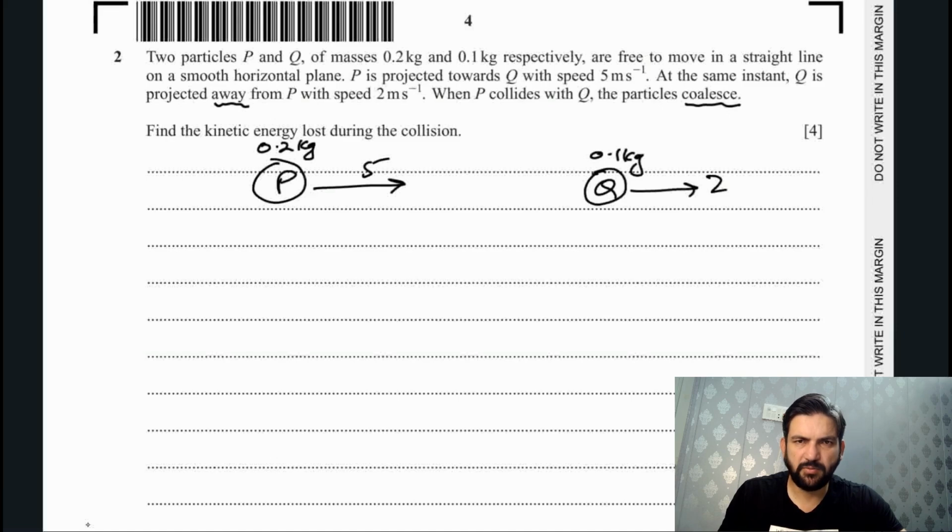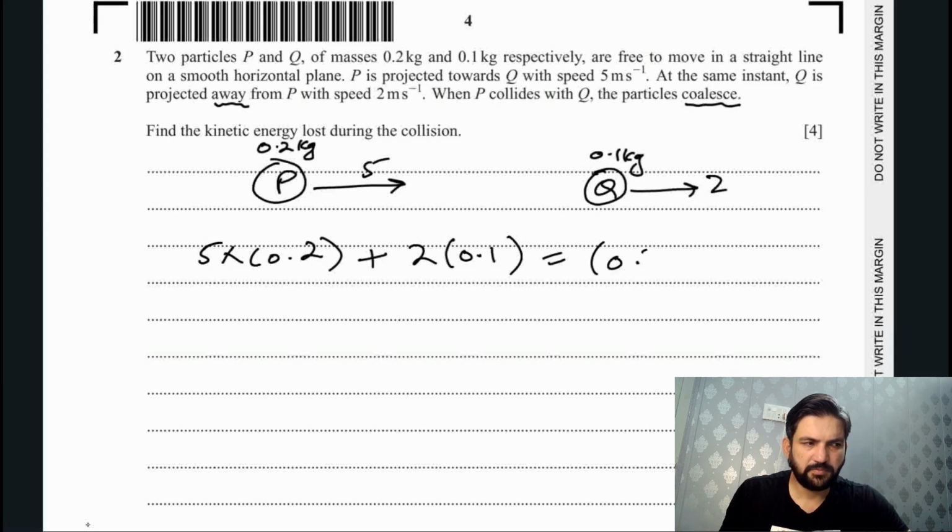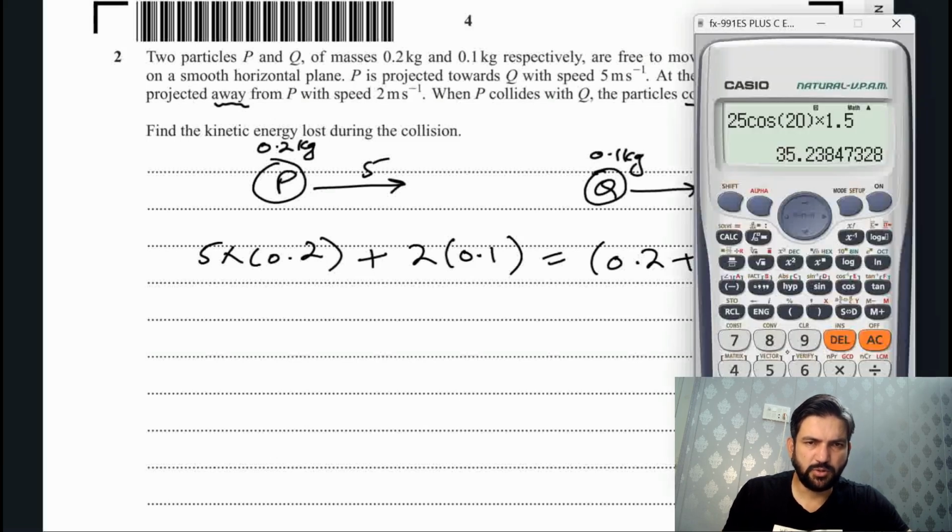So what we have to do is, before collision, total momentum before collision is equal to total momentum after collision. So 0.2 into 0 into 5 plus 2 into 0.1 is equal to, now this will be 0.2 plus 0.1 into V. Now if we rearrange it, this will be 5 multiplied by